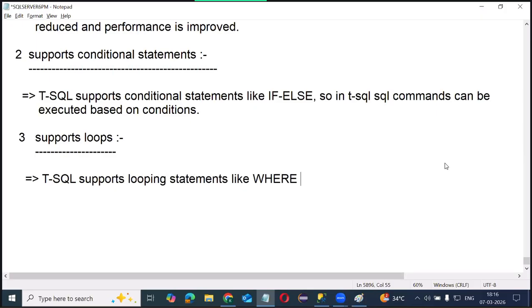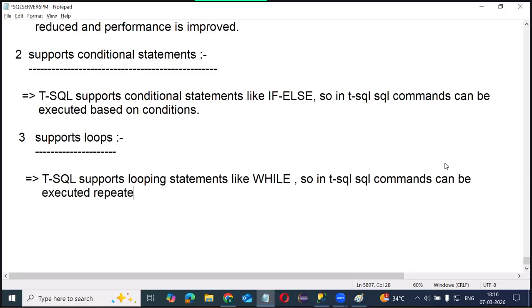What is the advantage of loops? We can execute the statements repeatedly, multiple times. So in TSQL, SQL commands can be executed